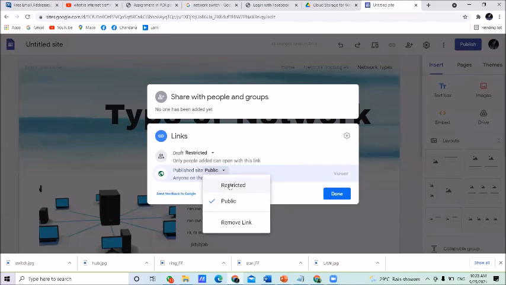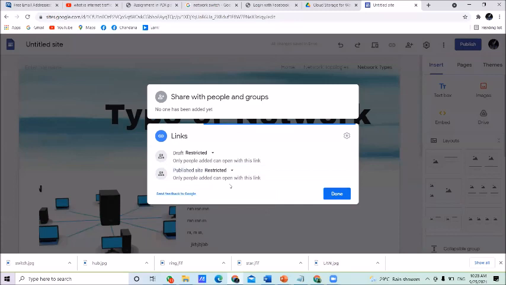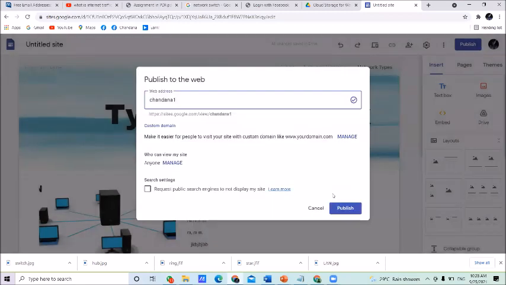Normally in your case, it appears as restricted. Under publish site, you want to change restricted to public. Make sure of that. After you change these settings, click the done button. Right, now all are okay. Now you can publish this. Click on the publish button here.